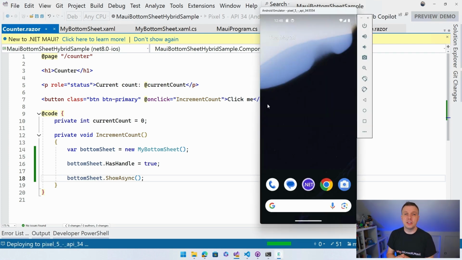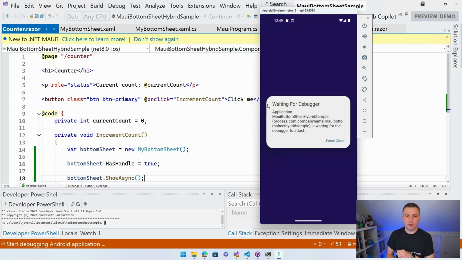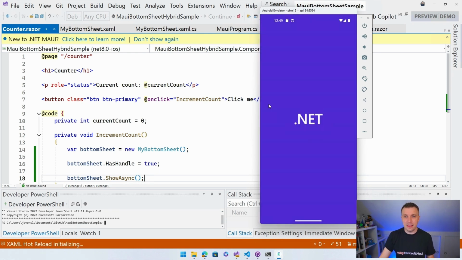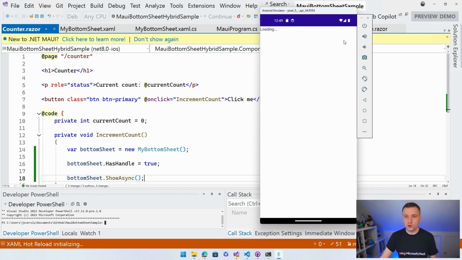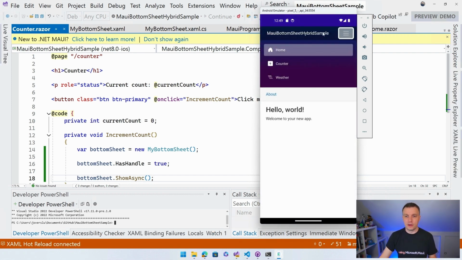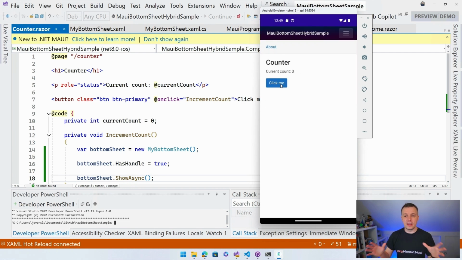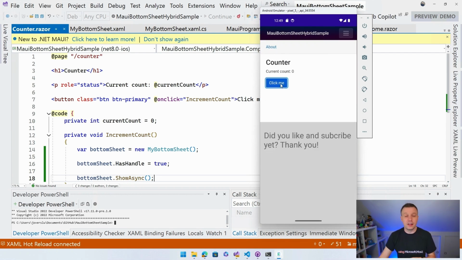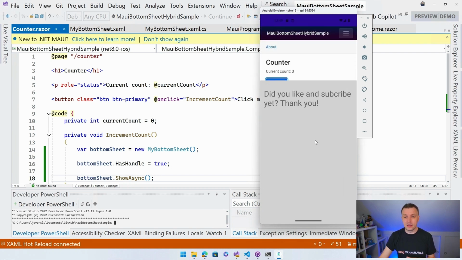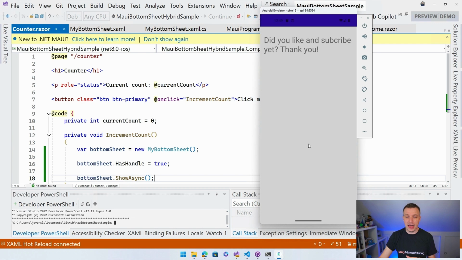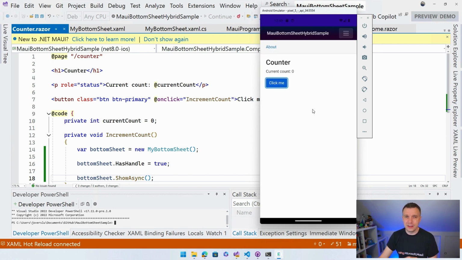Okay, the application is being deployed. Here we go. The application is coming up. The debugger is connecting. And then we can go through the collapse menu here in our Blazor hybrid application. Go to the counter page. There we go. And whenever I click the button, you can see that this bottom sheet is coming up again. Now you can see the handle, like I said, is not going to show up, but you can do the full screen. You can bring it back, you can cancel it. And if you want to enable the handle, you know what to do now, right? So this is a nice exercise for you at home. And this is how to work with this very cool d49.maui.bottomsheet in your .NET MAUI application,